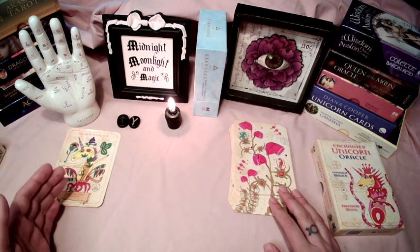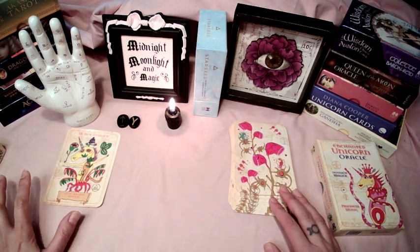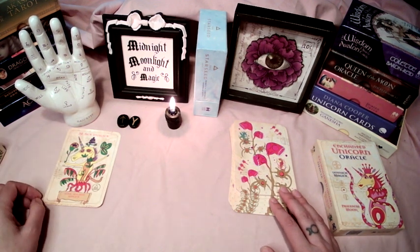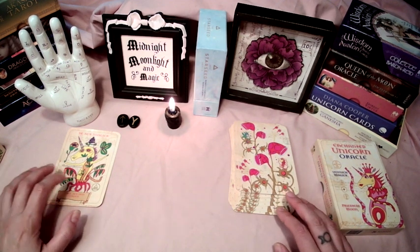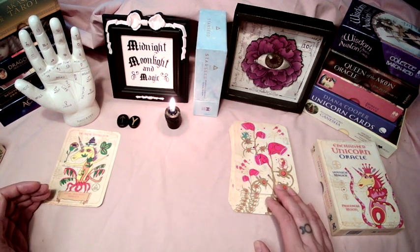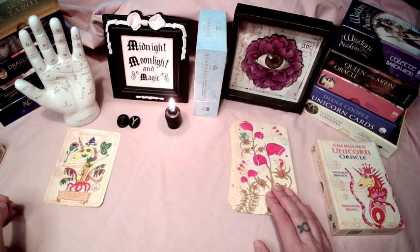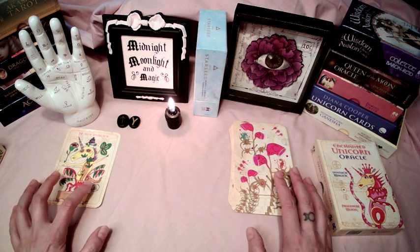Now, we're in the first stage of trying to make sense of those images and everything that's coming to you. But don't overdo it at this point. Just start noticing if there's any patterns. If there's no patterns at this point, you're exactly where you need to be. That's fine. But definitely start reading for yourself 3 or 4 cards at one time, which is really nice. It's always really nice to read for yourself one or 2 cards in the morning. But for the sake of this in day 2, I want you to read 3, 4, 5 cards,